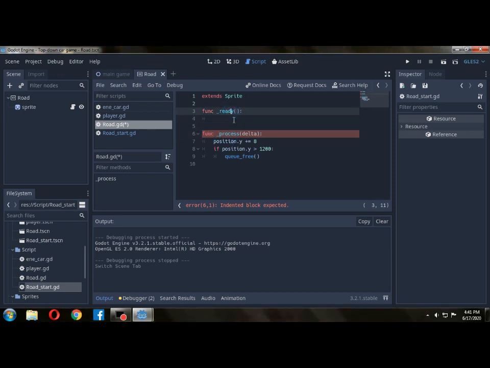The things you write downside of this ready will be applied like this function process, but the difference between function ready and function process is that function process runs and applies the things written downside every 60 times per second, but the things you write downside of this ready will only apply when the object will enter